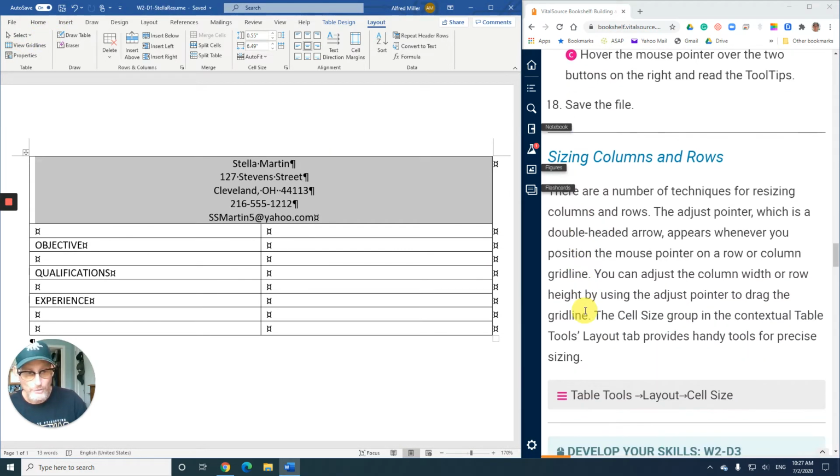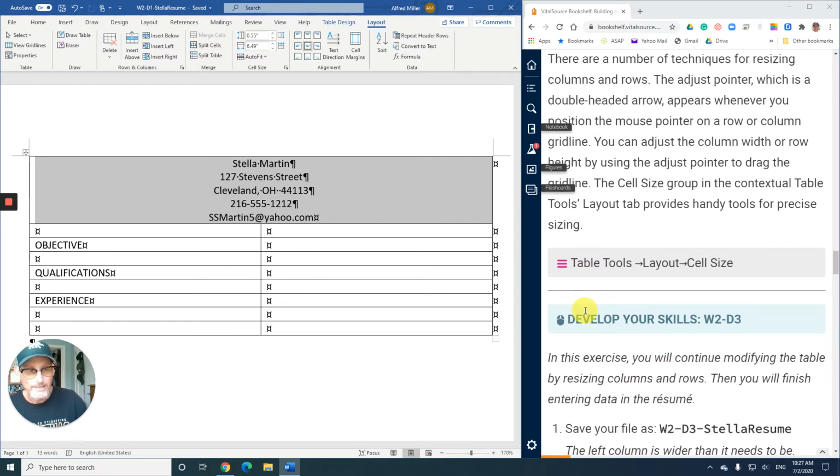Now we're going to size rows and columns. There's a number of techniques for resizing columns and rows. The adjust pointer, which is a double-headed arrow, appears when you position the mouse pointer on a row or column grid line. You can adjust the column width or row height by using the adjust pointer to drag the grid line. The Cell Size group on the contextual Table Tools Layout tab provides handy tools for precise sizing. So if you want an exact amount, use the ribbon. You can also right-click and get to it, but the easier way for most people is just to drag the